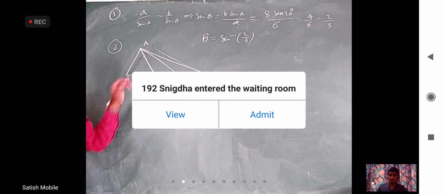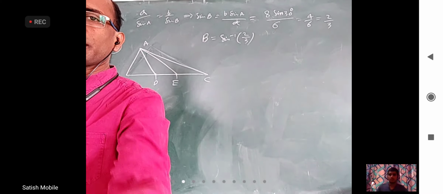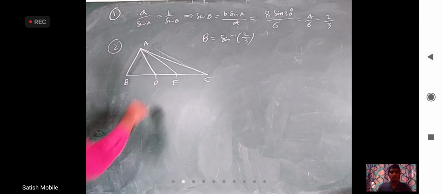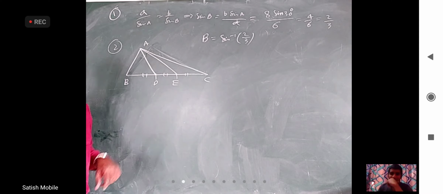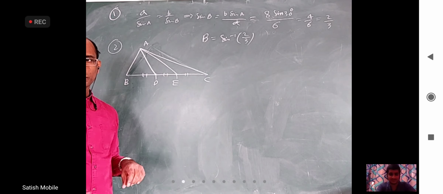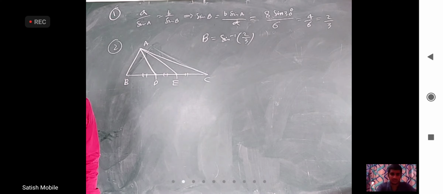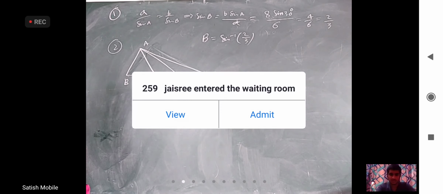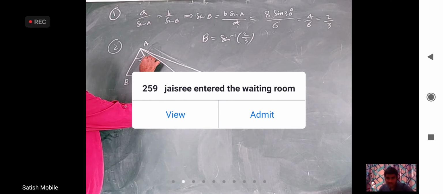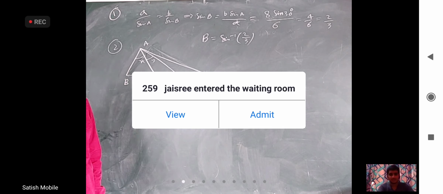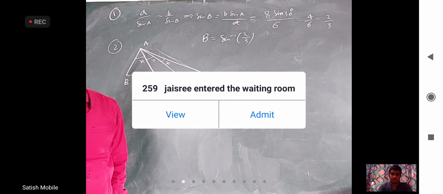In the second question, the base BC is made into three equal parts, BD, DE and EC, they are all equal. Doesn't mean these three angles are equal, okay, only these lengths are equal, these angles are not equal. For example, if you take median, doesn't mean the two angles will be equal, right, in the same way. BAD is X and DAE is Y and EAC is Z. Now they want sin x plus y, sin y plus z and sin x, sin z, something like that.